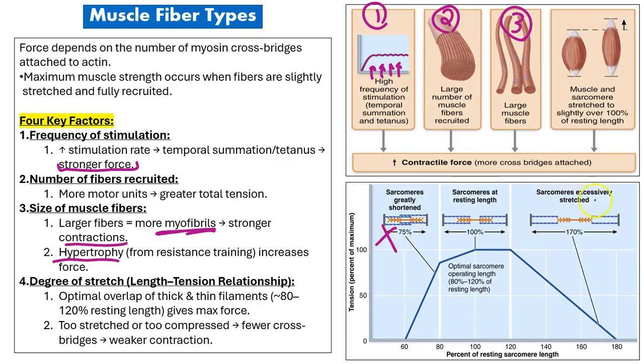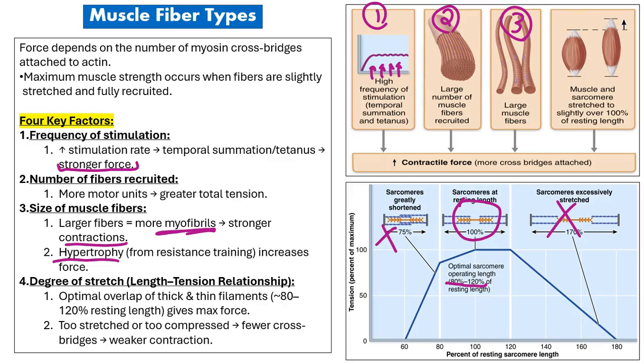And also, if your sarcomeres are excessively stretched, then what's going to happen? You have very poor overlap with the actin and myosin, so that's not going to provide you the contraction that you need. But when you're in between 80 to 120% of the resting length, that's when you actually get the optimal overlap of myosin and actin, and you are going to have a greater amount of tension or contractile